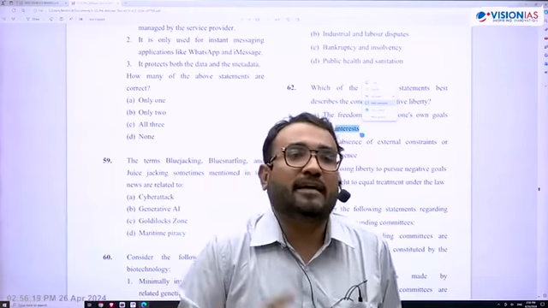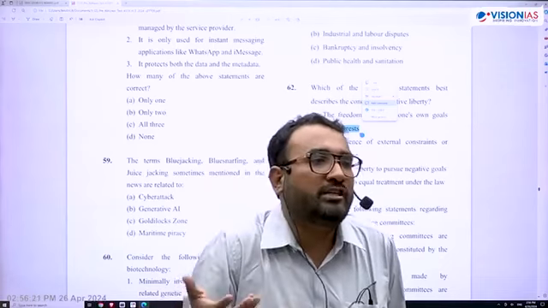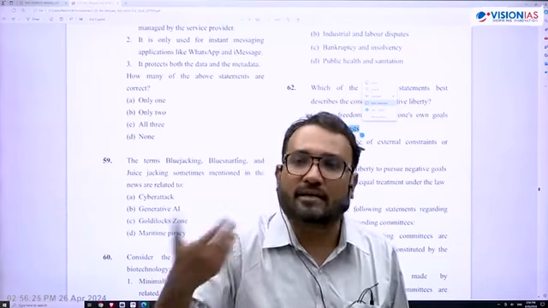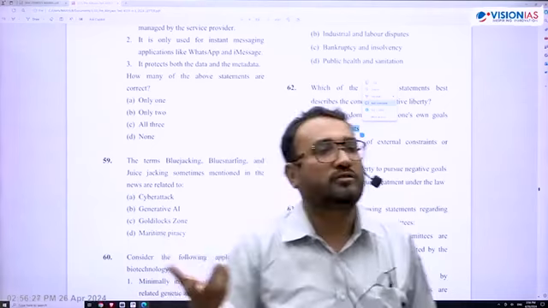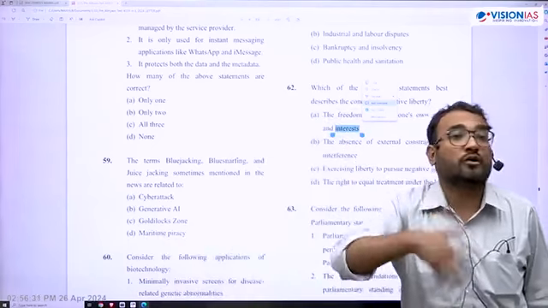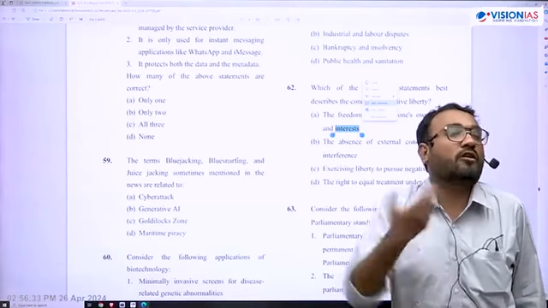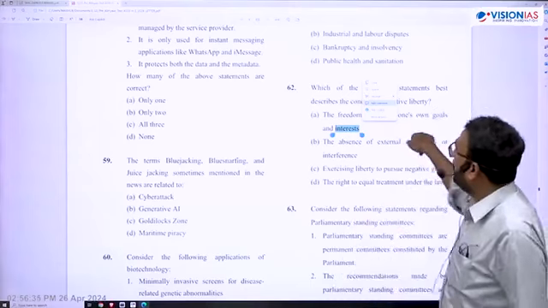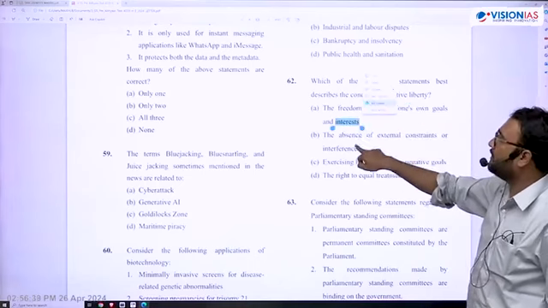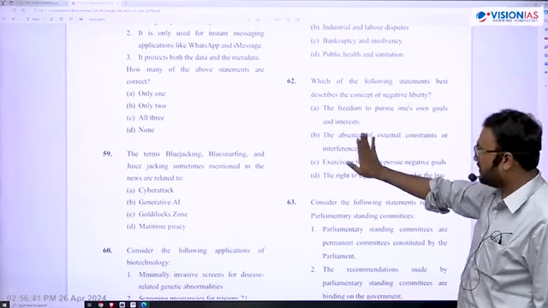Positive liberty is to provide you the opportunity to develop fully. So give you such capabilities, such skill set so that you expand yourself. This question was asked by UPSC. Expansion of one's own choice or one's own ability, meaning overall growth of an individual. So which of the following best describes negative liberty? This is more close to positive liberty. Absence of external constraint, this is the correct thing.